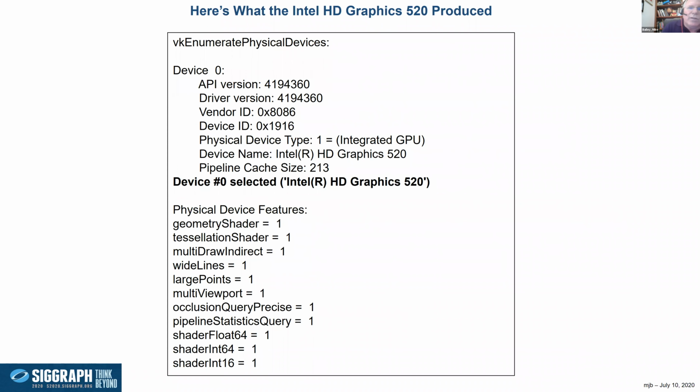If you do it on other devices, like this was the built-in Intel graphics, I guess all of these were turned on too. I didn't print every single one, but I'm sure some of them are not available on some systems. But this is the kind of thing you do, and you look at these characteristics and see what kind of device it is